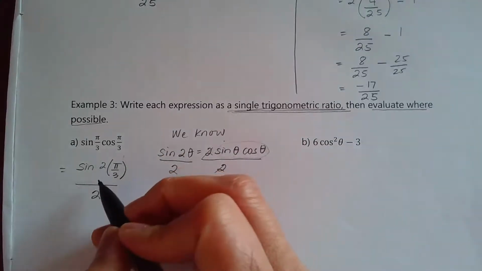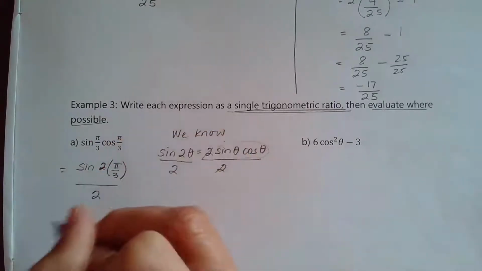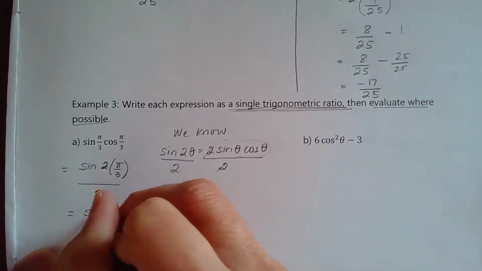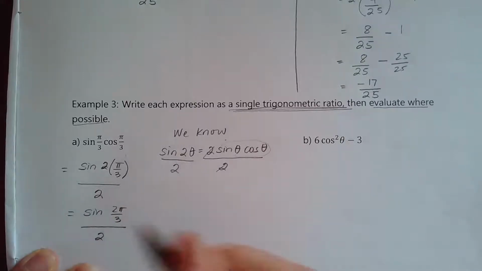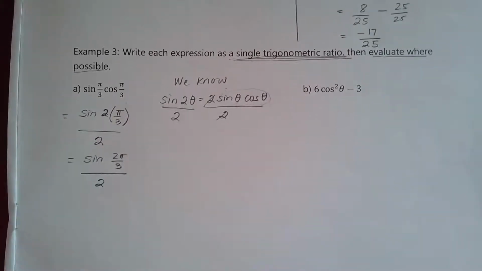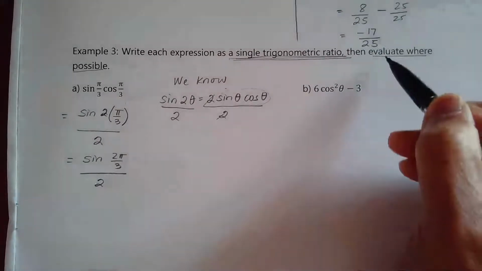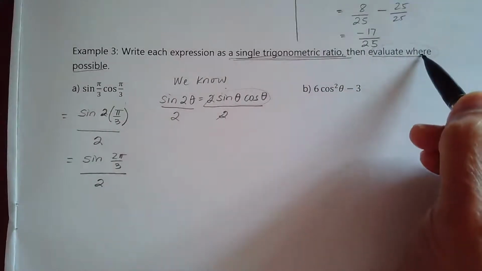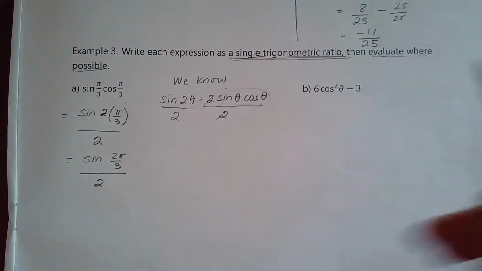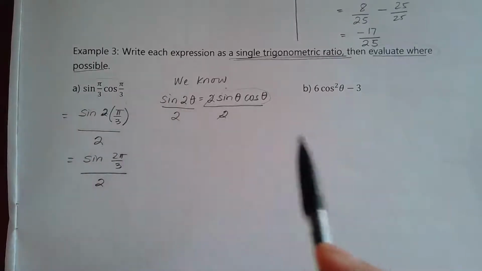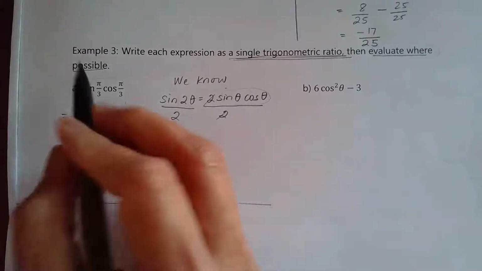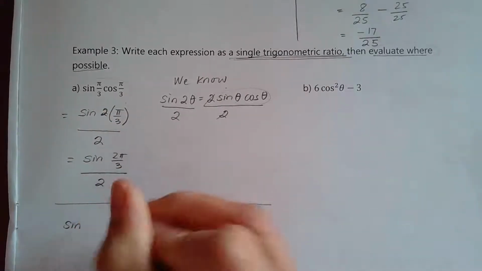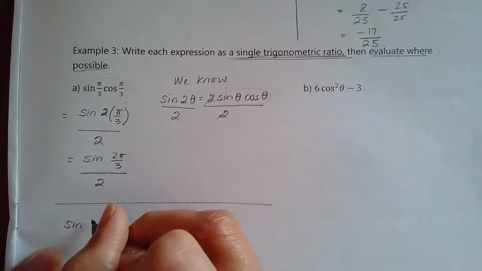Okay, so this is not squared. That's going to be 2 times that pi, which is the same thing as sine of 2 pi by 3 divided by 2. The next part is we can evaluate. Now we can evaluate either way. We can evaluate this part in here. It doesn't really matter, right? So we go sine of 2 pi by 3